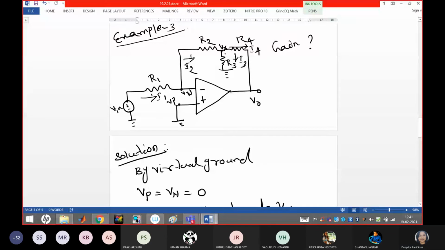Here also we can solve, no? I2 equal to, with respect to Vx, we can apply KCL: I3 plus I4. We can solve that part. So why have we solved the previous part, guys? From the previous part, here we may get the value of I2. In this equation you may use that value of I2, which is minus of Vx by R2, right? If you use that, you will get the unknown value of Vx from this second KCL equation. If you use that value of Vx in your previous equation, then only you can get the equation for unknown gain.